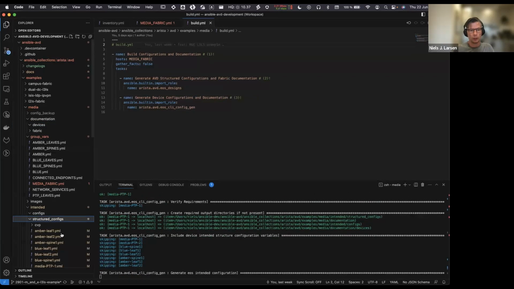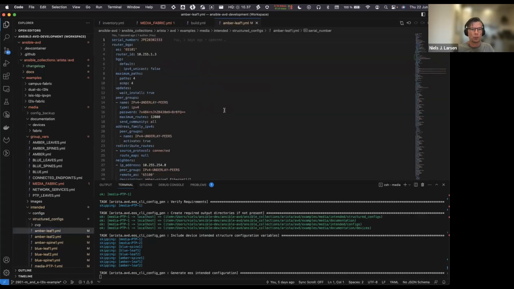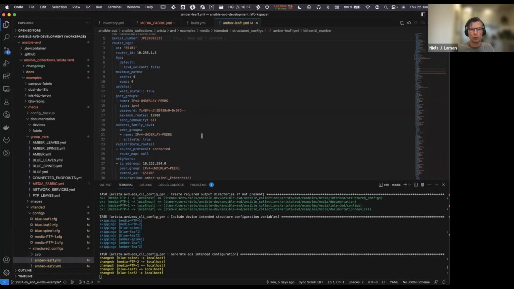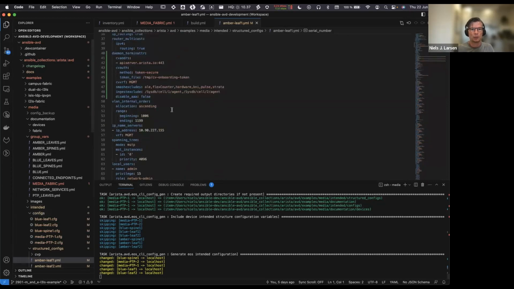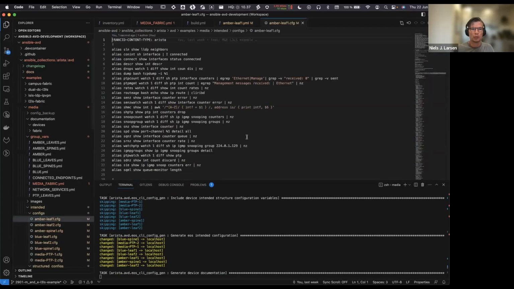So now we have the structured configurations. If I open the configuration for Amberleaf 1, you will see this is in YAML format. There's a bunch of BGP configuration, etc. And based on all of this in this file for the entire fabric, we've also generated the actual EOS CLI configs.